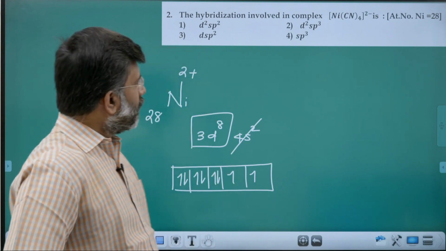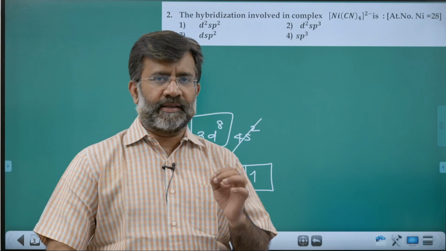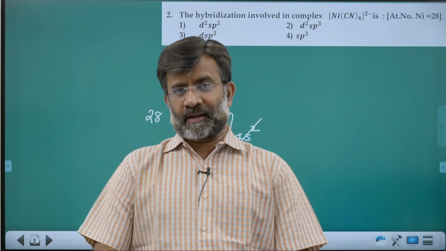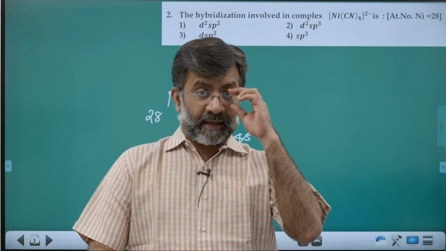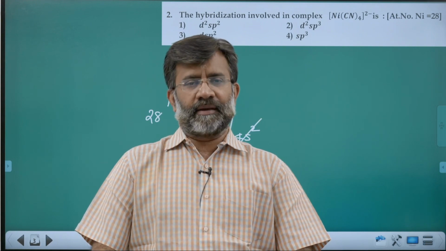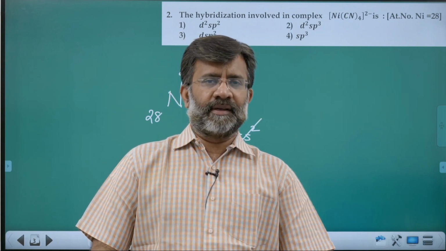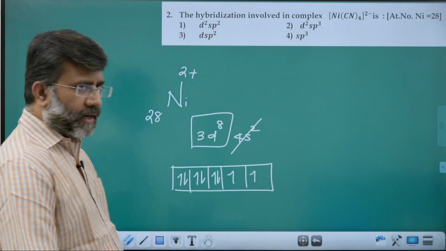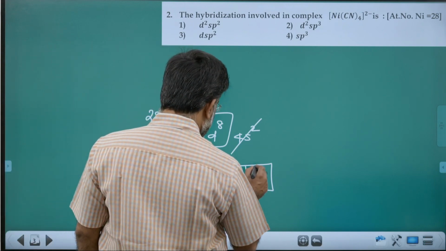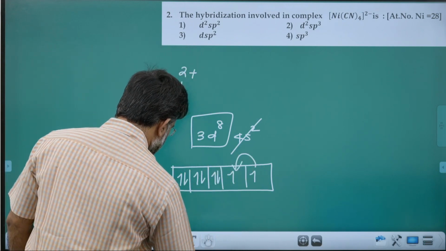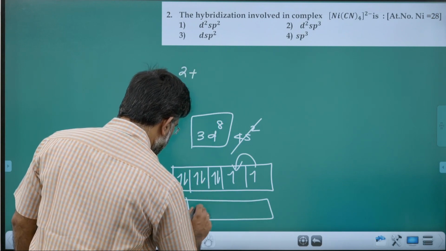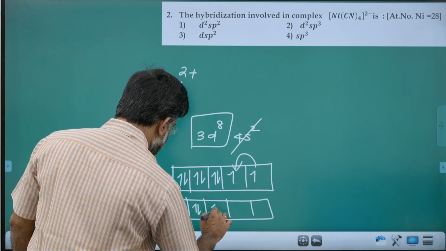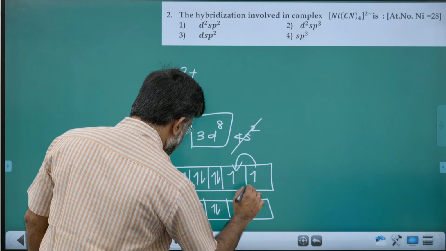Right? But all of you know regarding the nature of the cyanide. Cyanide is a strong ligand. Even though we are not considering that in VB theory, the magnetic properties cannot change. The magnetic nature of nickel tetracyanide is, you must know, diamagnetic in nature and you can't have 2 electrons like this. So what is assumed is this electron is paired here. So what happens? This is already paired, this is paired, this is paired, this also will get paired, and one d